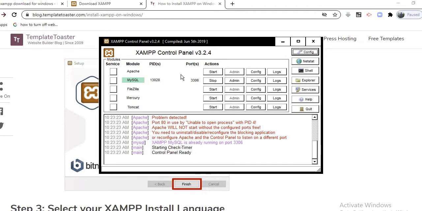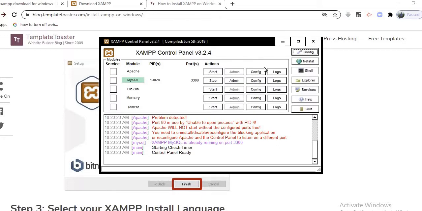Here in this control panel, you just click on the start button for MySQL. I have already clicked on this, so in place of start, the stop option is showing. You can also start your Apache, which is the server here.